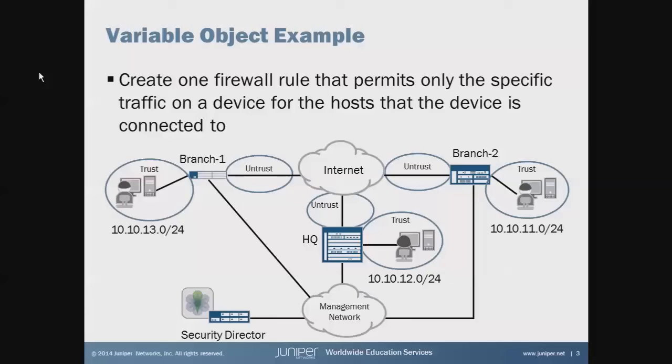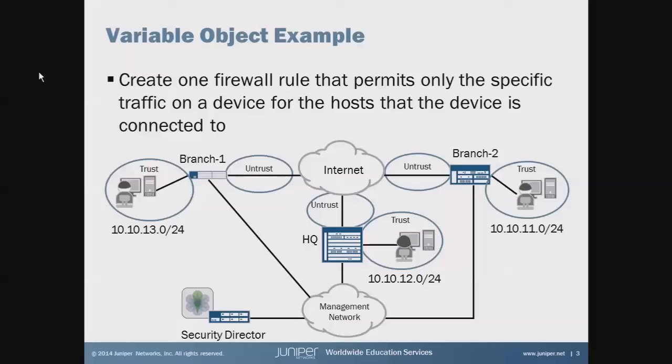With branch 1, it's 10.10.13.0/24. Branch 2, 10.10.11.0/24. The HQ, 10.10.12.0/24. And so you can see we have different local users connected to each device. And then we have what we're trying to do here. We want to create one firewall rule that permits only the specific traffic for the host that the device is connected to. That might seem a little cryptic, but basically what we're trying to do is create